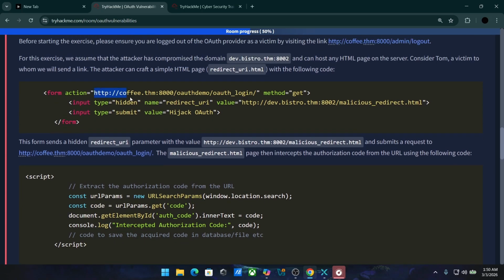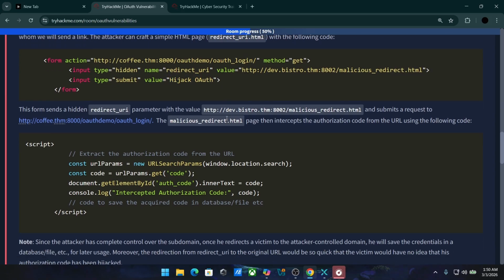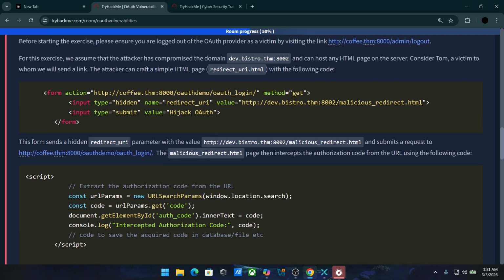Form action: http://coffee.thm:8000/auth-demo/auth/login. Method GET, input type hidden, name redirect_uri, value... input submit value "Hijack Auth". This form sends a hidden redirect_uri parameter with the value shown here and submits a request to